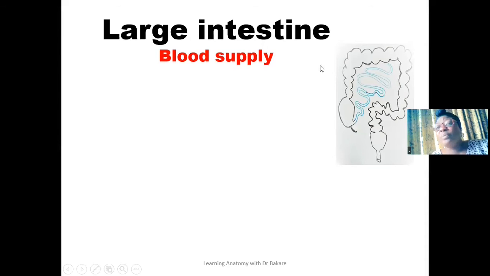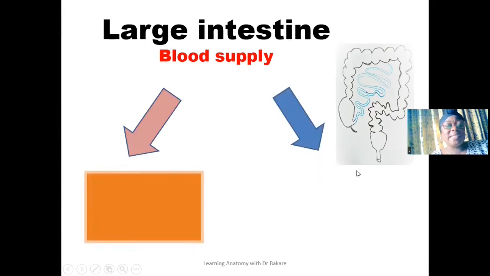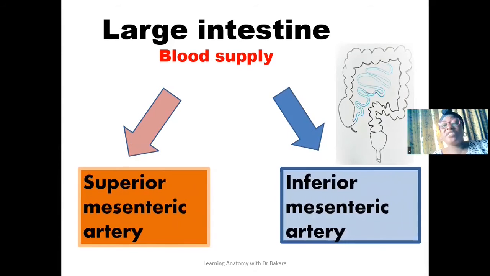In this lecture, we'll be looking at the blood supply of the large intestine. The large intestine is supplied by branches from two vessels, and this includes the superior mesenteric artery and also the inferior mesenteric artery. The superior and the inferior mesenteric artery are branches from the abdominal aorta. So let's say this is the abdominal aorta highlighted in red here. We have the superior mesenteric artery emerging at this region, and the superior mesenteric artery will supply sub-regions of the